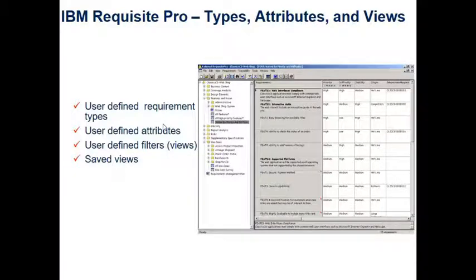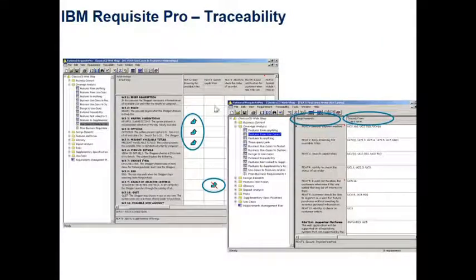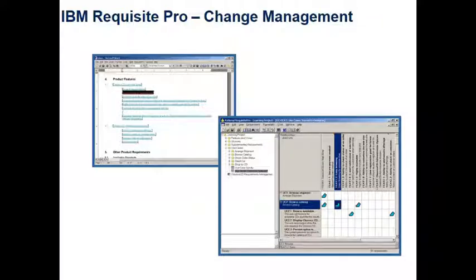You can have types, attributes, and views. So it's a lot like Microsoft Access, if you can remember. You can save views in there, right? So that's a similar thing happening here. You have user-defined requirement types, user-defined attributes, user-defined filters or views. You can save the views. You have functionality of traceability, right? So you can trace your changes of your requirements. Also, you have a facility for change management,